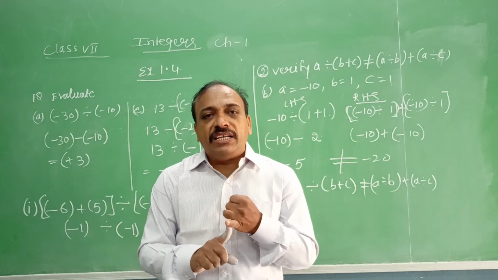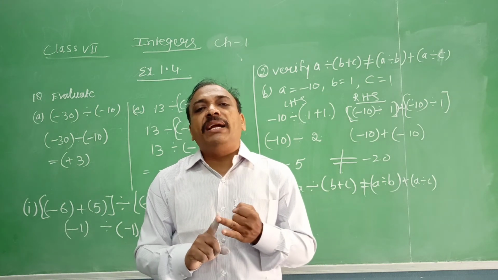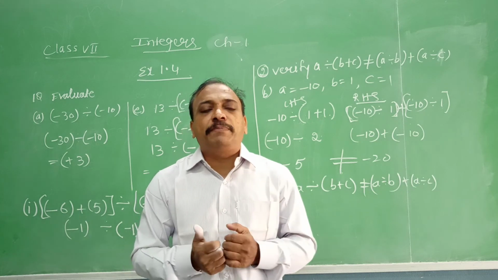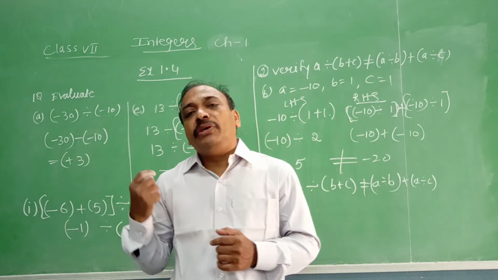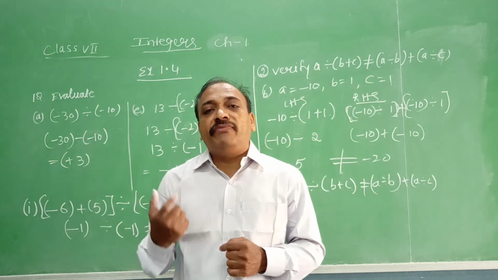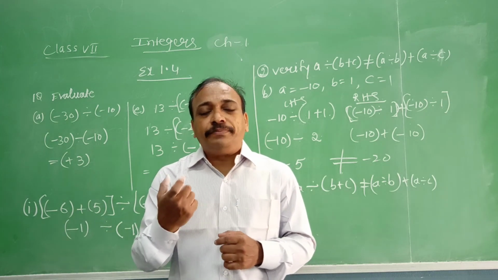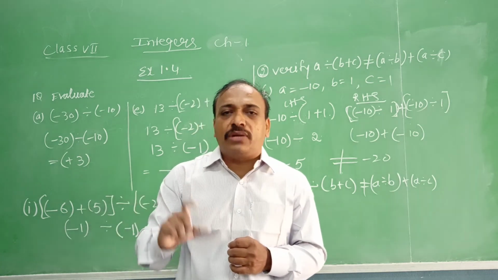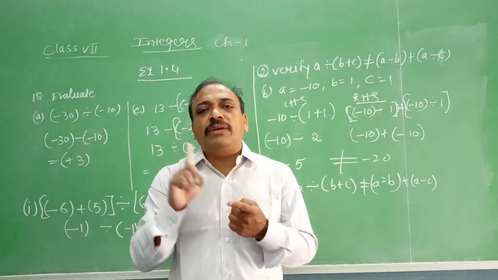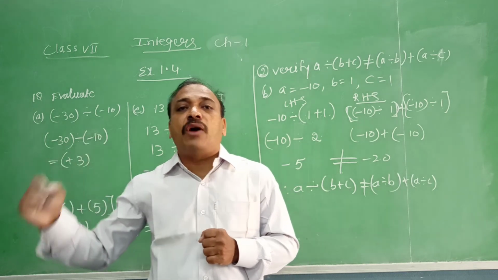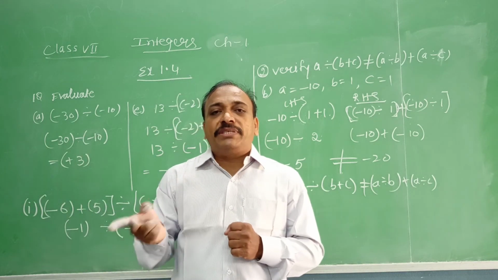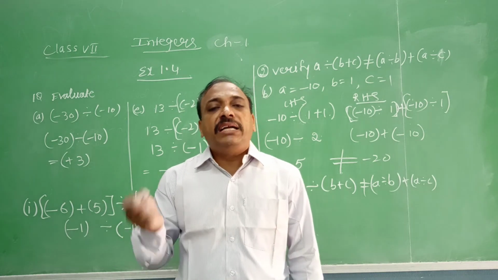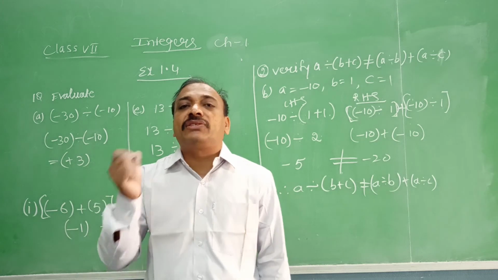Additive identity of integers is 0. Multiplicative identity of integers is 1. These are the main concepts, and you need to remember how to apply them. And when we divide integers, how to apply the sign: two negative integers, two positive integers, one negative and one positive integer. With one negative and one positive integer, the quotient will always have a minus sign. If the signs are the same, both negative or both positive, the quotient will get a plus sign. Division of any integer by 0 is not defined.